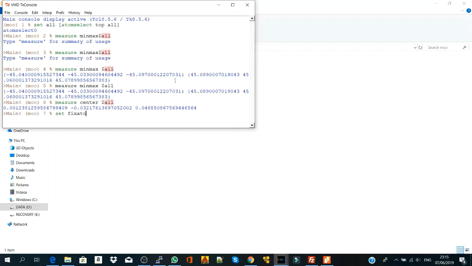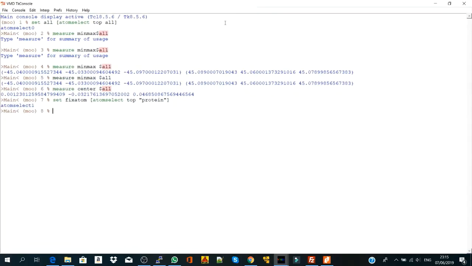Set fix. atom select top. I have only the protein, but I am used to saying top protein. Close it. Yes, and here you're gonna have the new selection. We're gonna tell VMD for all the structures